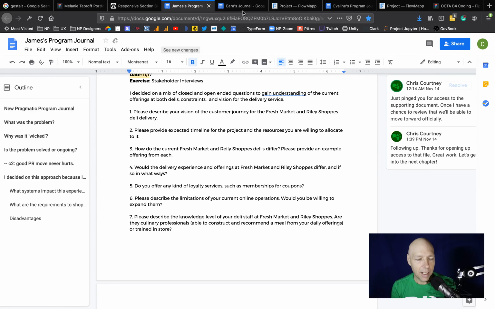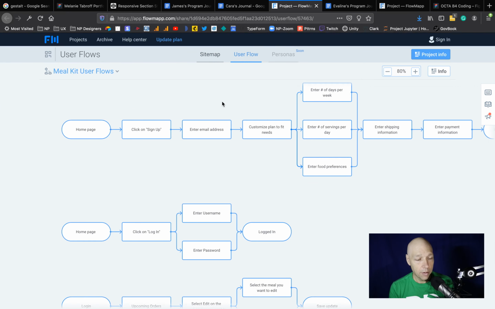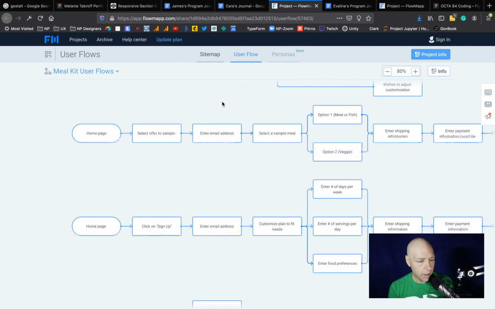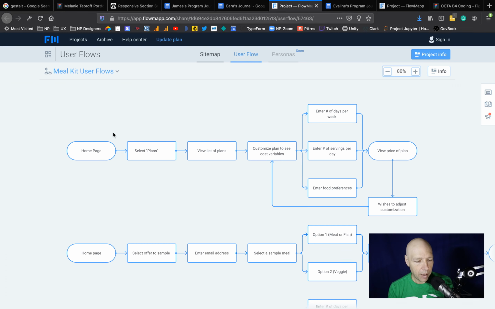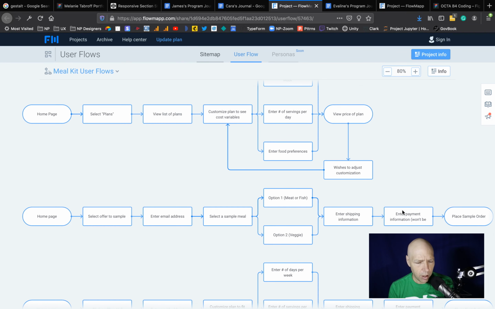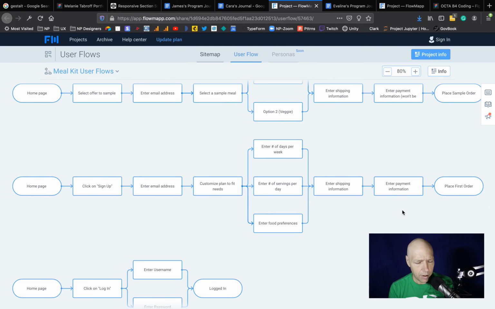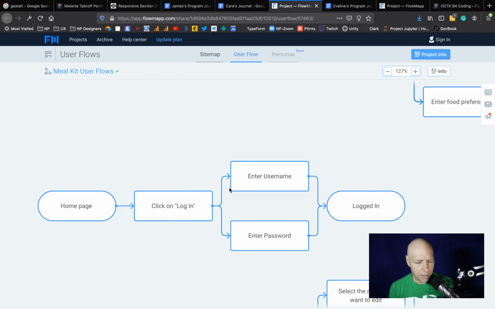All right, Kara's got her flow map here, her user flows. Kara, I think these are really pretty well done. I like that I have an idea of where this is starting and also where it's going. The biggest problem that we have right now is I'm not sure what, aside from, I mean, I can guess